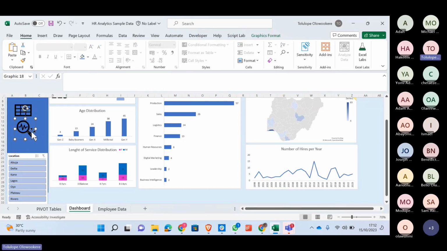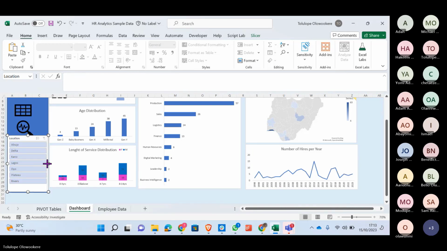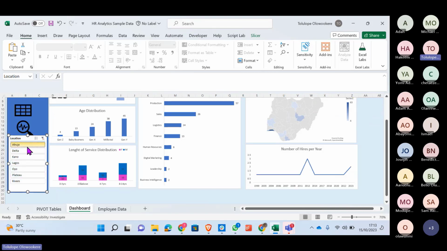I'll just move it up a bit. And I'll take my slicer, I'll move it up also a bit. So this slicer works for me very well. It works here. So if I click on Abuja, it's just this one that is changing. Remember what to do. We just have to